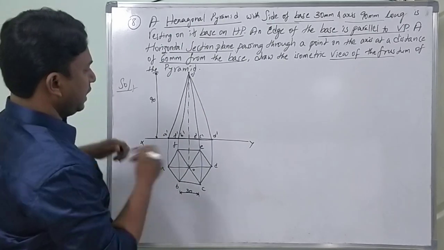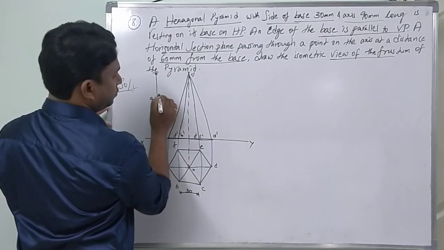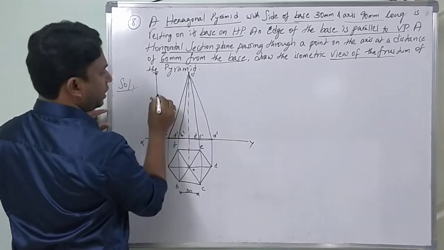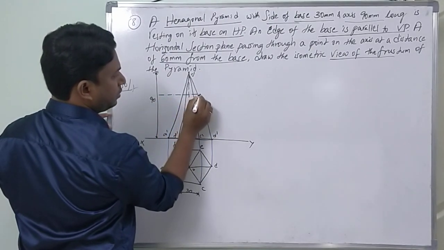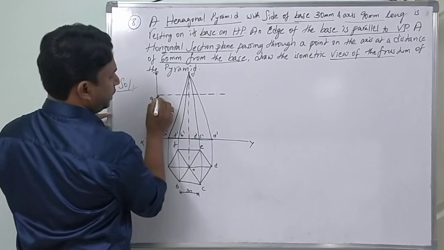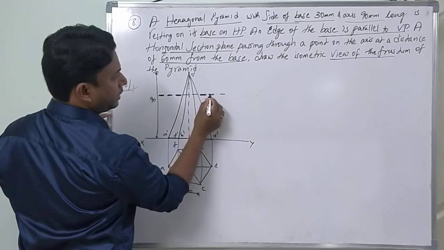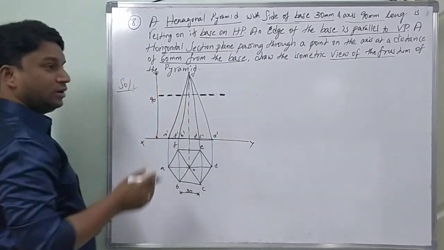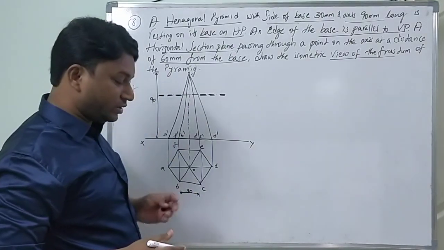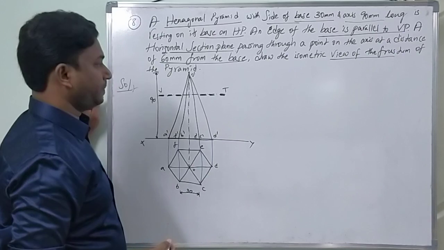From the base, at a distance of 60 mm, here we are supposed to draw a section plane. 90 means its quarter part. You know the outside edges will be thick, inside edges will be thin. Right? If you draw this, what trace is it actually towards the backside? It's a vertical plane, vertical trace.